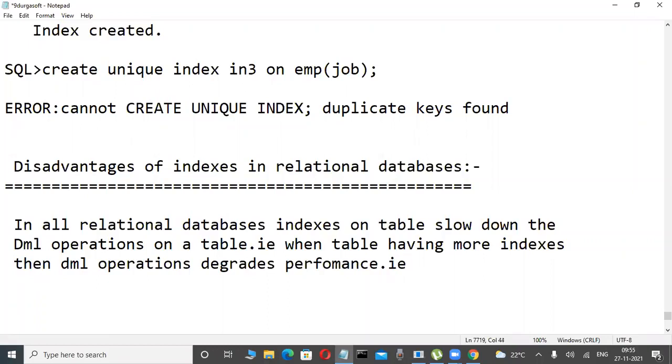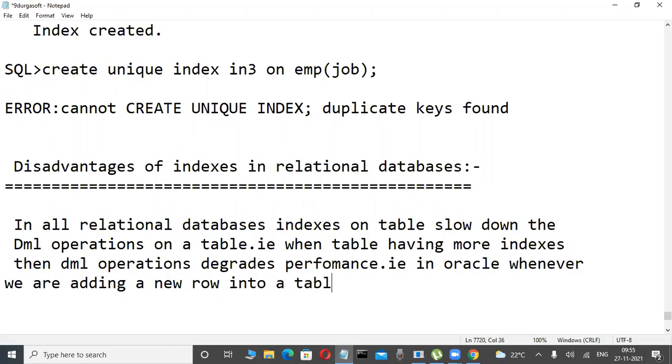That is on the Oracle side. In Oracle, whenever we are adding a new row into a table that has an index on that column,